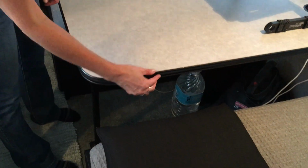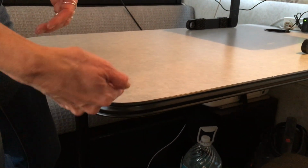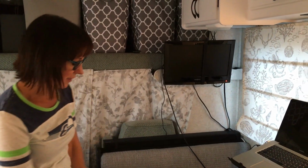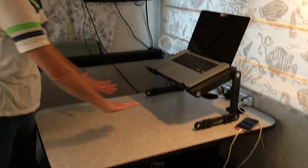It totally looks original. It was part of it, intended. Very nice. So the other thing is, it's starting to wear off, I painted this trim, and this is what they call T-molding. So there's part of it that sticks into the wood of the table. I bought new black plastic T-molding, thinking I'd just be able to replace it. But it didn't work because it was an offset T. And anyway, I just ended up spray painting that. Eventually, I think I'm going to blow this whole thing out, put lower cabinets here, and a